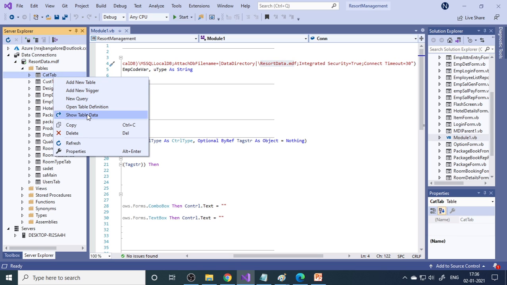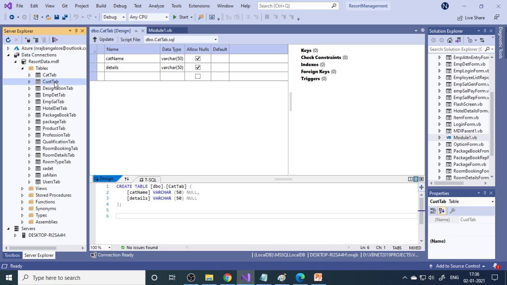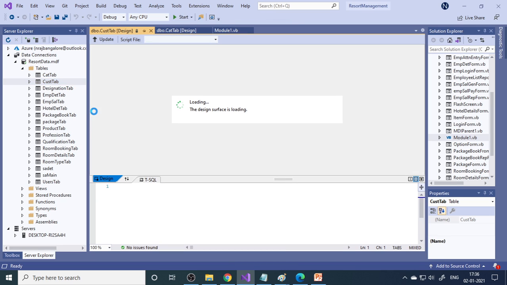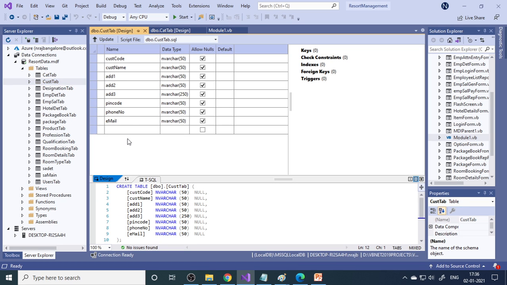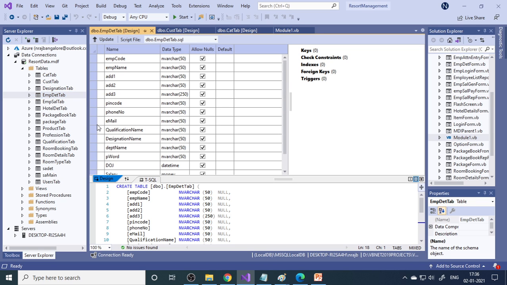There is a category table. In this there are two columns, category name and category details. Next one is the customer table. This is the customer table. Designation and qualification, only two columns are there. So this is the employee table, right? Then next the hotel detail,